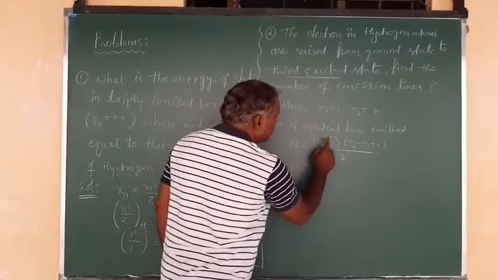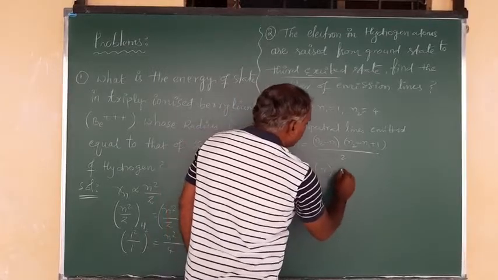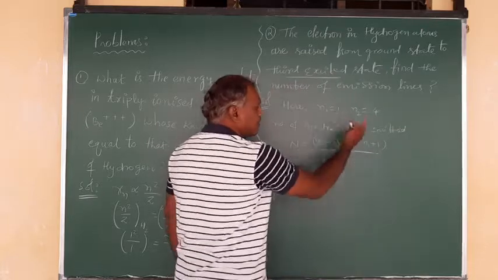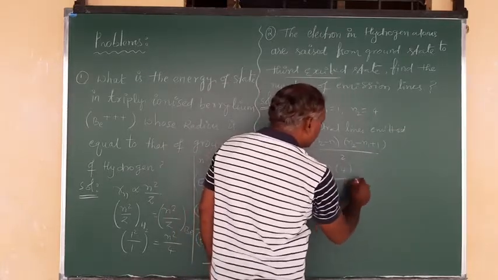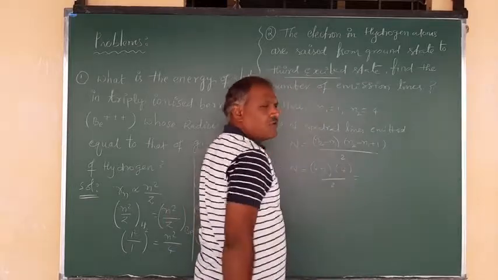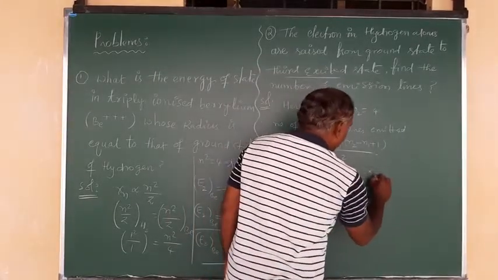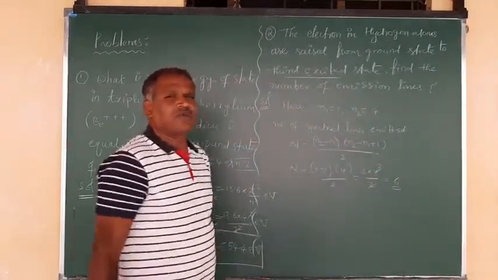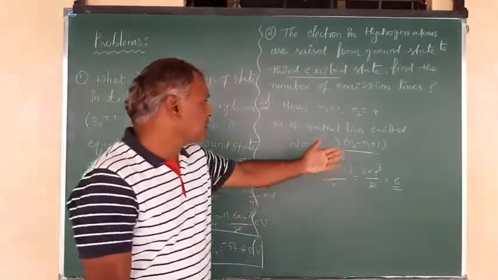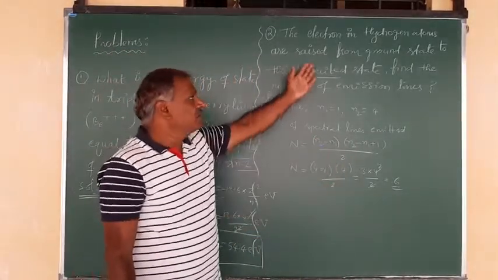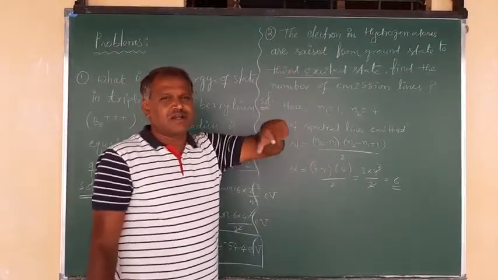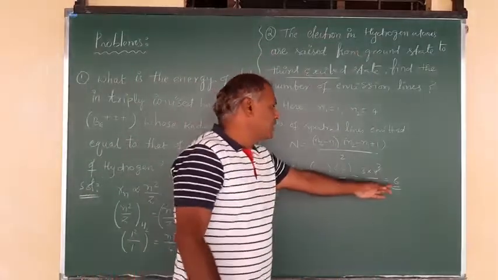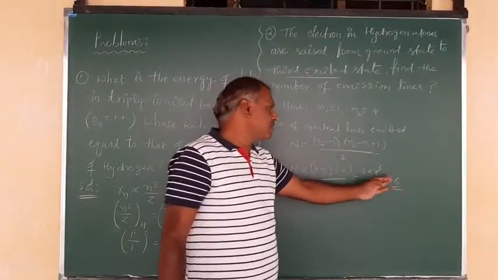So n is equal to here, n2 is 4, 4 minus 1 into 4 minus 1 plus 1 because n1 is 1. So you just write it as 4 by 2. So this is 3 into 4, 3 into 4 upon 2. The 2 cancels. It is 6. So how many possible spectral lines can you get? 6 spectral lines we get when this process takes place, that is, when the electron jumps from the ground state to the third excited state. There the number of spectral lines or emission lines is given by 6.